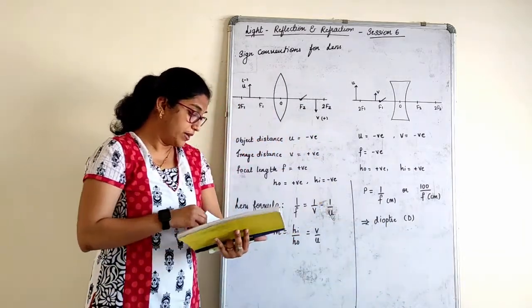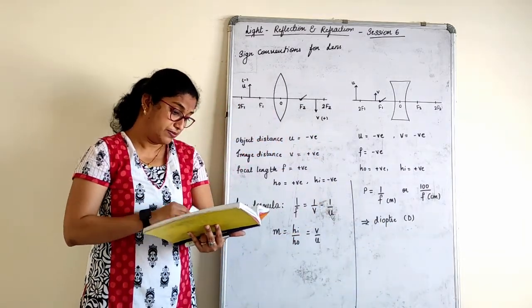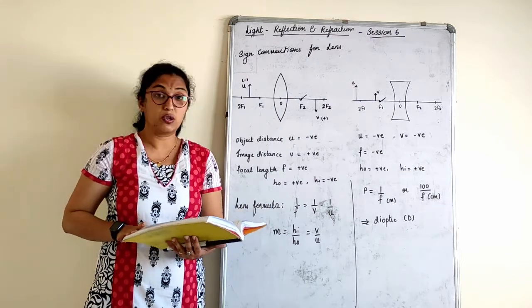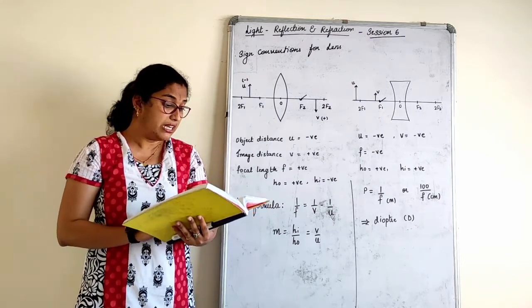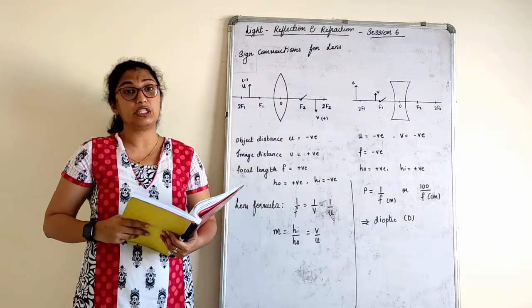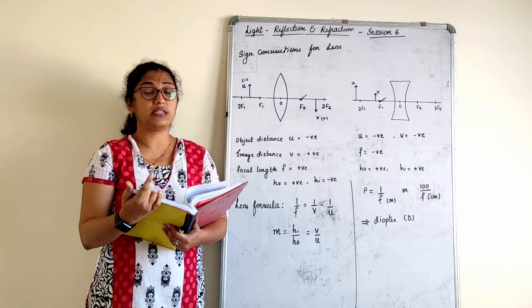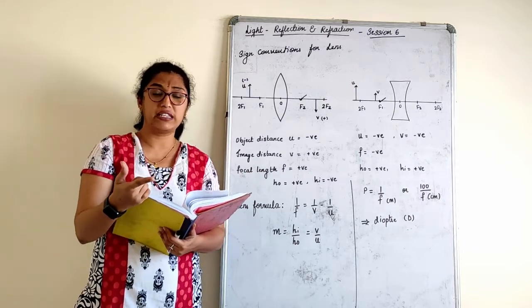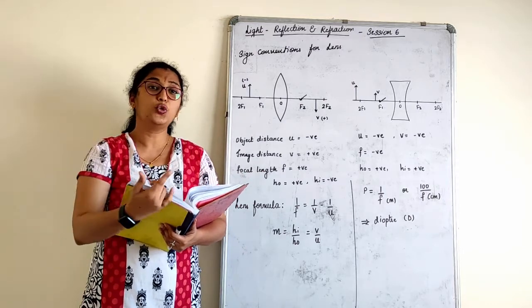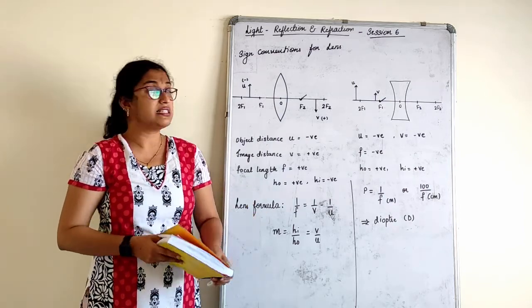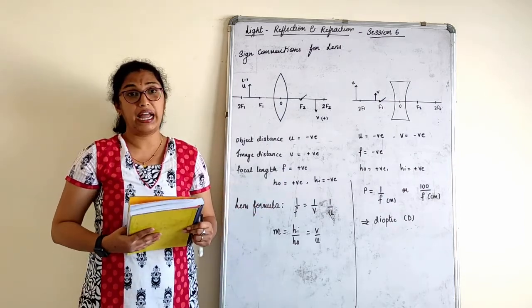Now, as we had also discussed, the uses of concave and convex mirrors. When we talk about lenses, for example, what type of lens do we use? Either a concave lens or a convex lens. Why we use that, you will see again in the next chapter. So we'll start with the numericals based on reflection and refraction.